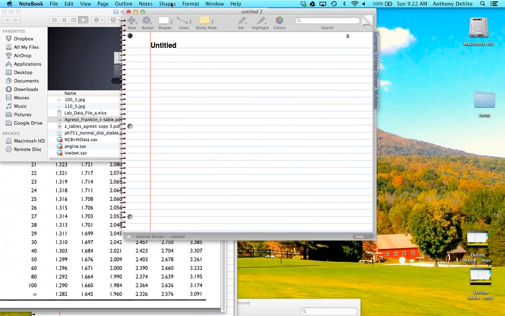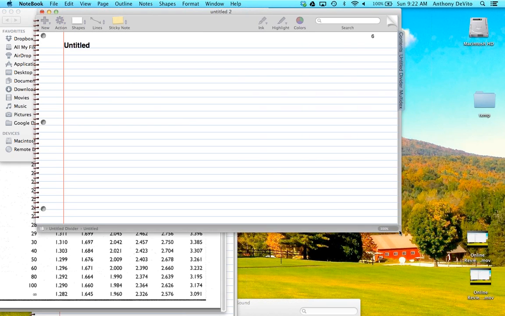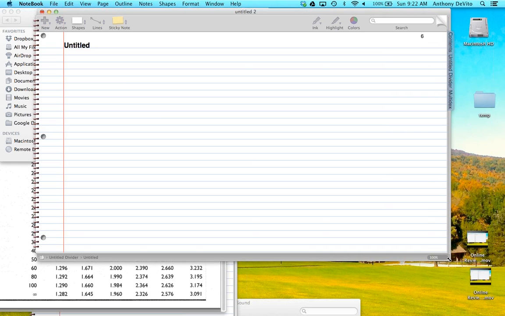The first version of this that I'm going to bring up is a single sample t-test. Okay, we want to compare the means of two populations. One of the ways that we might do that is to sample. Let's say that we know, for instance, that the mean